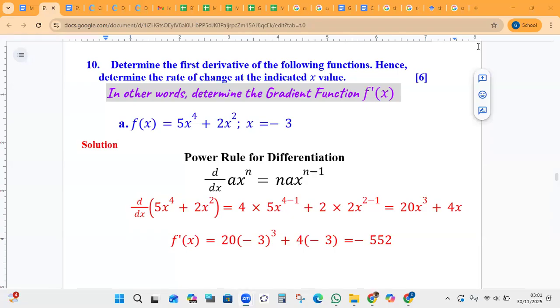Here we are going to determine the first derivative of the following functions. That's number 10. It says determine the first derivative of the following functions. Hence, determine the rate of change at the indicated x value. So in other words, we have to determine the gradient function and then